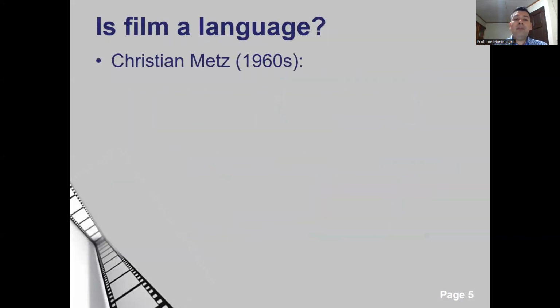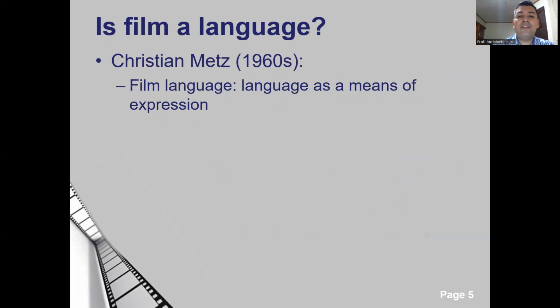So is film a language? Christian Metz says film is a language. It's a particular type of language because it is a means of expression. It is not a natural language. You don't speak film, but you can use the codes of film and the matters of expression of film to communicate a message. So in that sense,